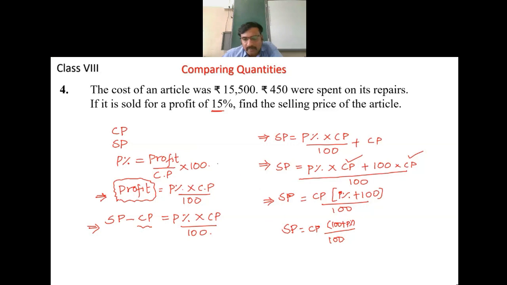It is easy, but each time you cannot solve like this and get the formula. You must be able to remember this. This should be known to you. Can we do the same thing in finding CP? Yes, from this only we can get CP. If CP is to be found, CP will be equal to 100 times SP divided by 100 plus profit percent.